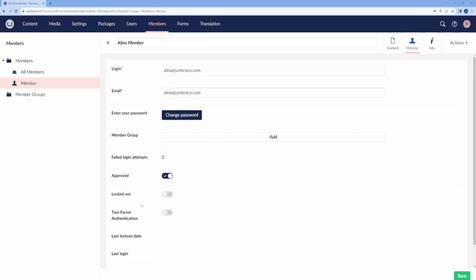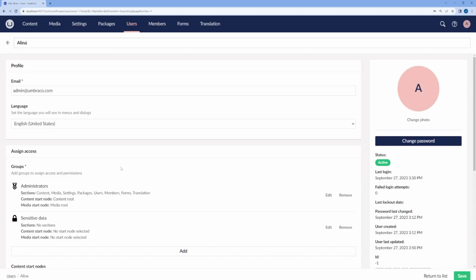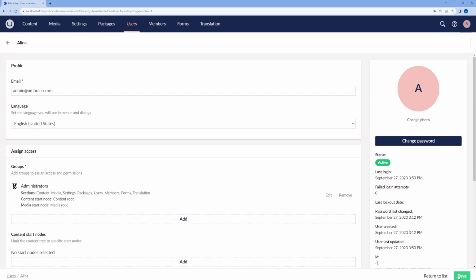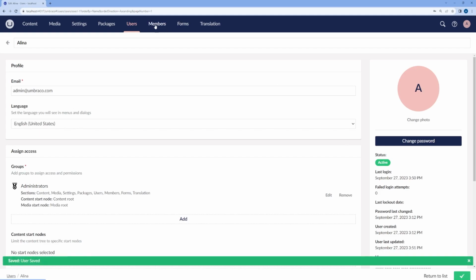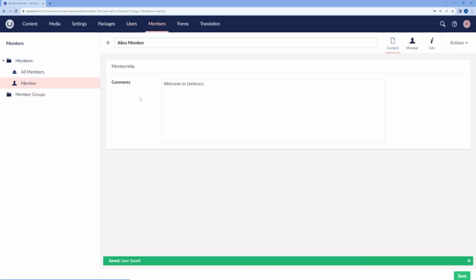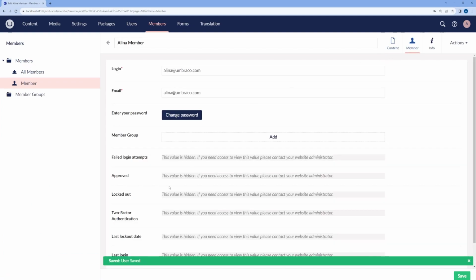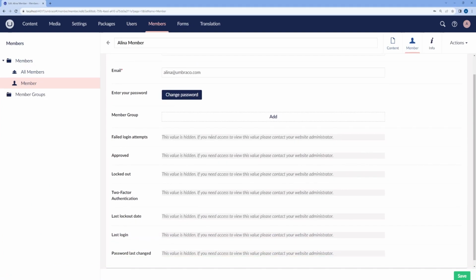If you do not see these options, then this is because you do not have the sensitive data user group on your user. This can be changed if you go to users. For example, as you can see, I have the sensitive data group. If I remove it, save, and go back to the member that I have just created, then I can see a warning that this value is hidden and you will need to have access to view this value. By having this sensitive group added to your user, you will also have the option to mark the member type's